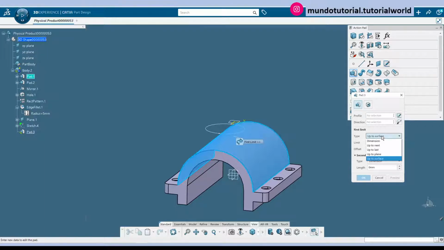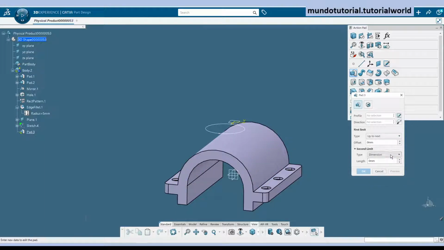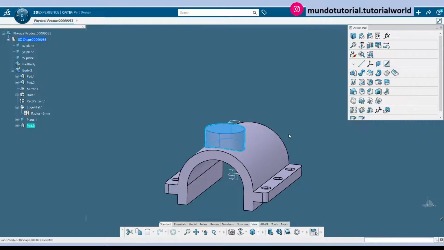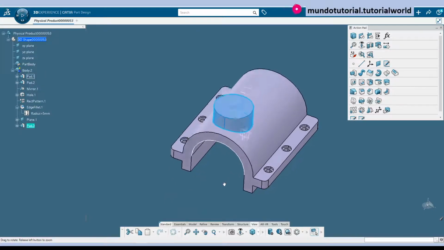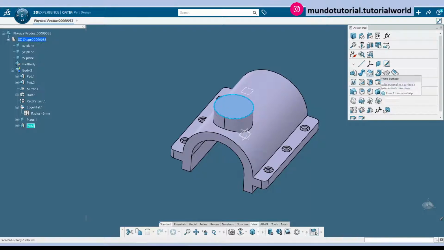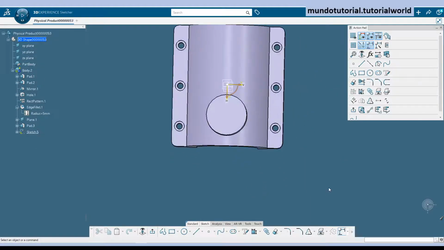Okay, so it's not picking a surface. So I guess that if we do up to next, what's happening here? Okay, now I didn't have the sketch selected. So I have the feature and now I need to create the pocket in this case. So let's do